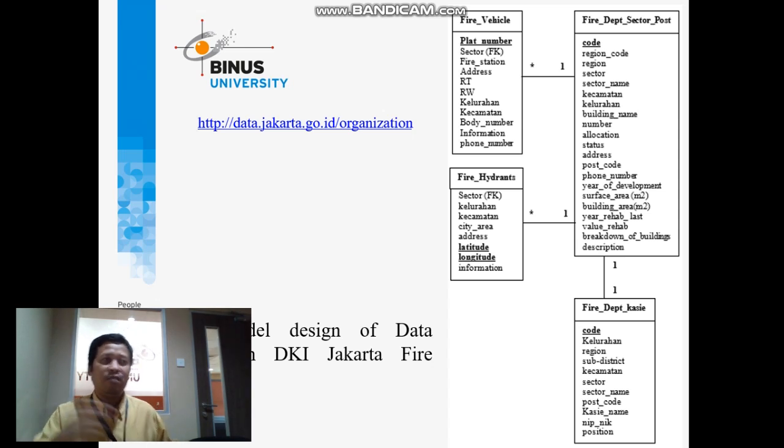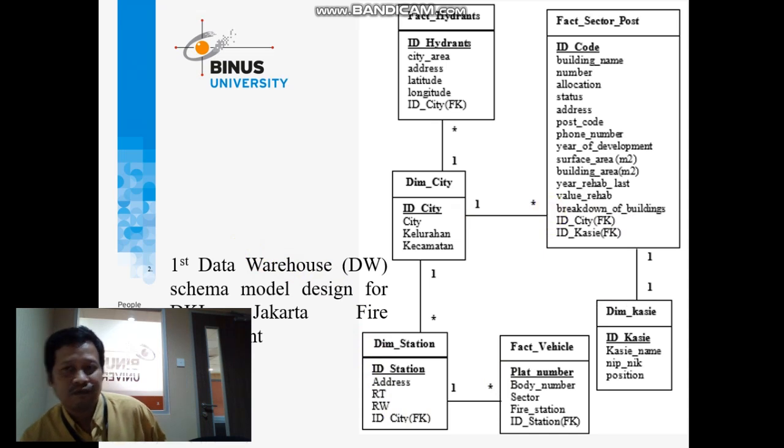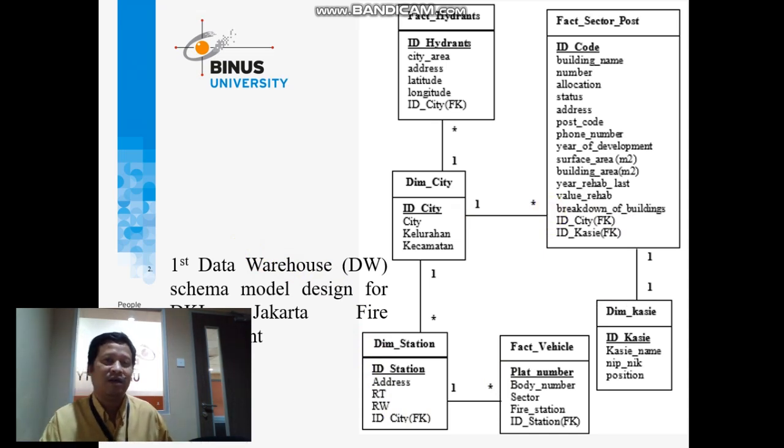If we go back to the concept of the data warehouse, we have a star schema data warehouse and a fact constellation data warehouse. So next, this is the first idea for the data warehouse models. If you look here, we have three fact tables. The fact hydrant represents the number of hydrants in DKI Jakarta, and then